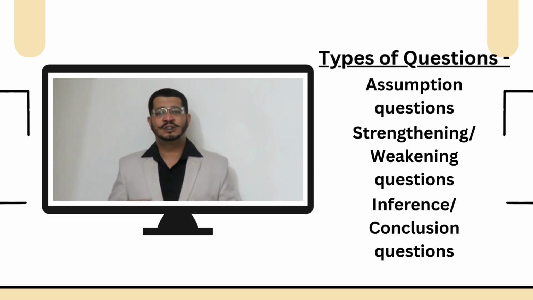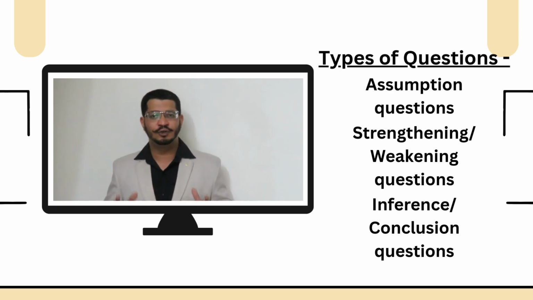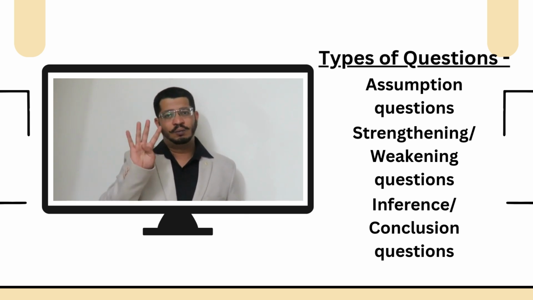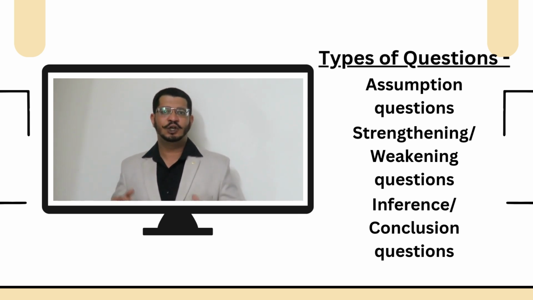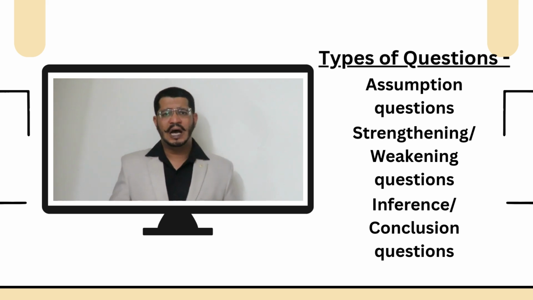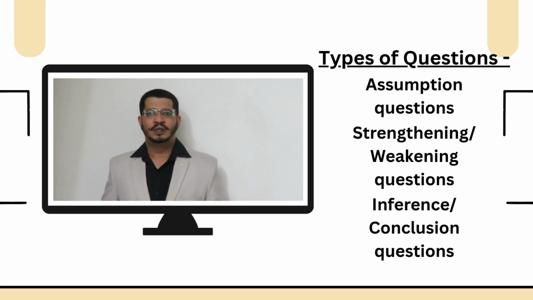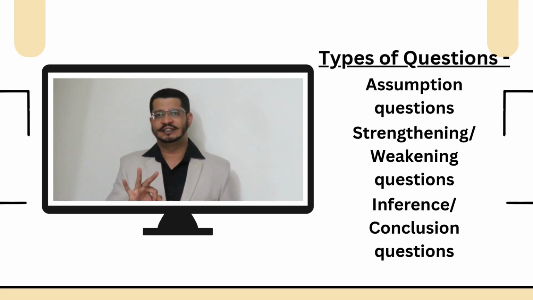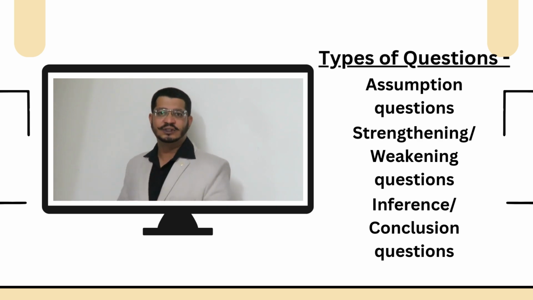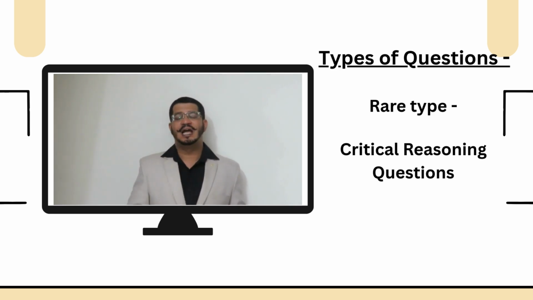Now that you are able to summarize a large amount of data in a short period of time in a coherent and meaningful way, let me tell you the most common types of questions which show up in the logical reasoning section in the CLAT exam, and I will also show you how to deal with these questions, how to crack them, how to eliminate options. So, the 3 most common types of questions are assumption questions, strengthening and weakening questions, and the last one is inference or conclusion questions. So you might be wondering, what about the 4th type of question, and that is the